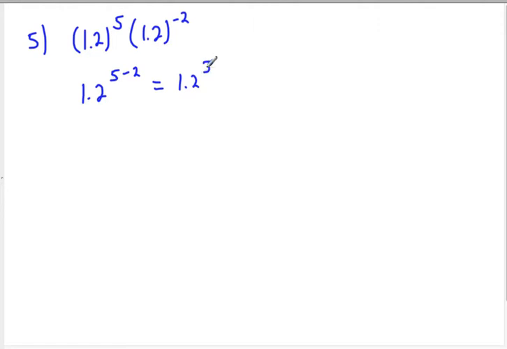Number 5 is 1.2 to the 5th times 1.2 to the -2. Okay, so these have the same base, so it's actually going to be 1.2 to the 5 minus 2, which is 1.2 to the 3rd, which is some annoying decimal. It's going to be 1.44 times 1.2,